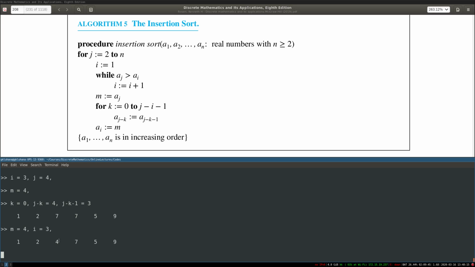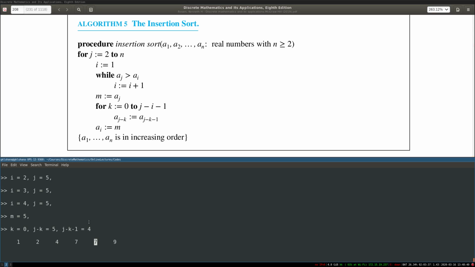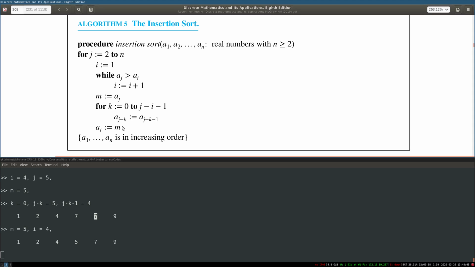So this is where we inserted it, and then again j is 5, we check where we're going to insert this value 5 now. i keeps on incrementing: 1, 2, 3, 4. This is where we want to insert it, and at this point we will assign m equals 5. We'll start k equals 0, j minus k is 5. So the fifth value is replaced with the fourth value. So the fifth value has been replaced with the fourth value,